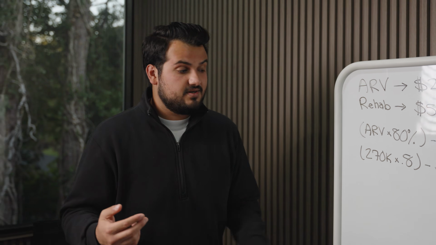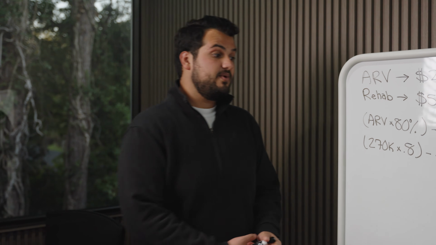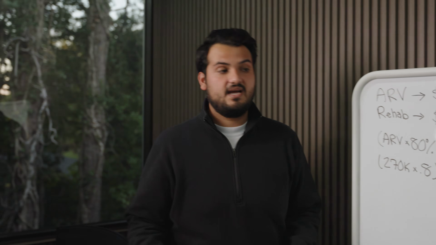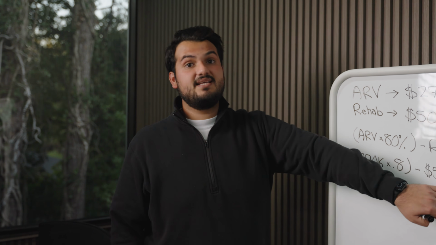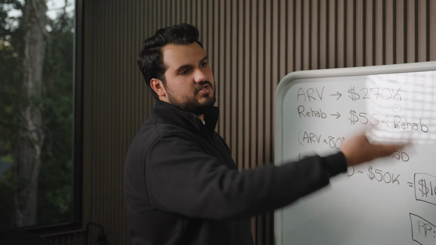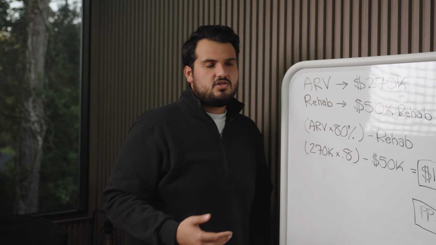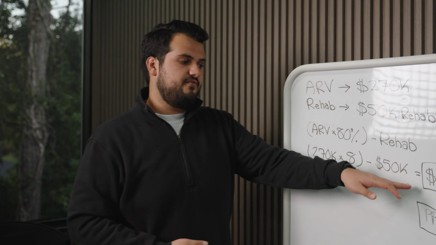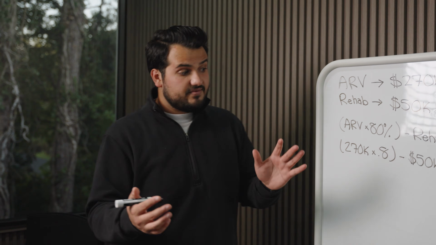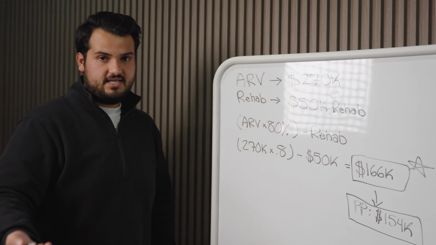The second thing to consider when lending is this is our max purchase price. But guess what? If we had to foreclose, there are some foreclosure costs, there may be holding periods, it may take some time. So we have to go a little bit less than this to account for that. We have to account for, let's say, X amount of attorney fees, X amount of holding costs, X amount of time that has gone by. Those are the type of variables that we consider if we were going to use this as a lend amount. We might just be a little bit safer because of those reasons. However, for the most part, yes, this could be our max loan amount in the right circumstance.